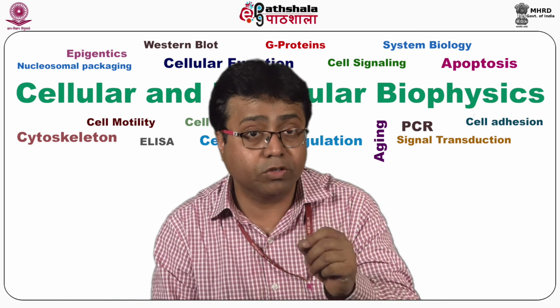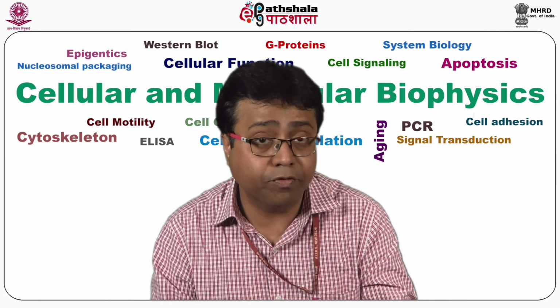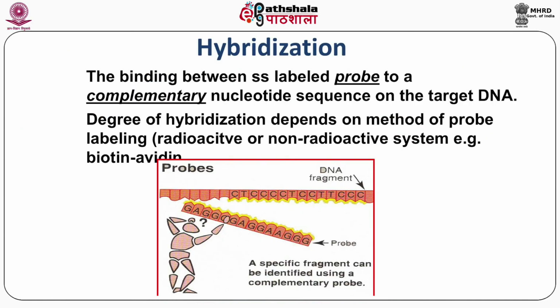This is what I was talking about a little before. Hybridization is complementary base pairing between two single stranded DNA molecules. One is the probe, which is single stranded DNA labeled with P32, and the other is the target DNA, which has been denatured and separated into two individual strands. Now they have sticky ends and can easily bind, and this is what is referred to as hybridization between the target molecules and the probes.